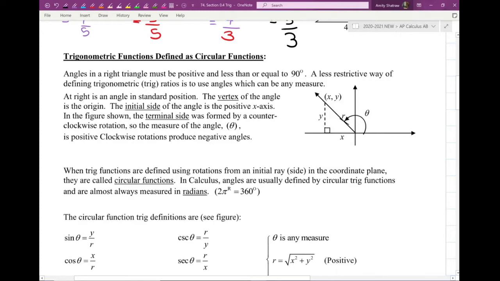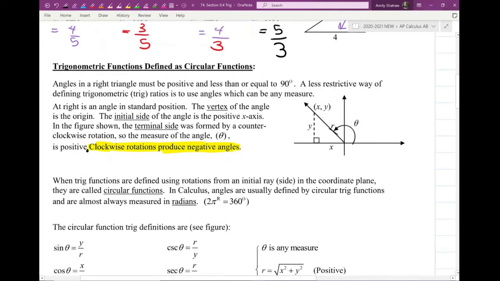In the figure shown, the terminal side was formed by counterclockwise rotation, so the measure of the angle theta is positive. Clockwise rotations produce negative angles. You might want to highlight this one. If you go around in this direction, that's how you end up with a negative sign. You might also want to have some color coding for you. The initial side is the x-axis,